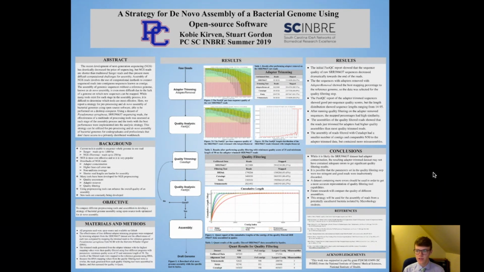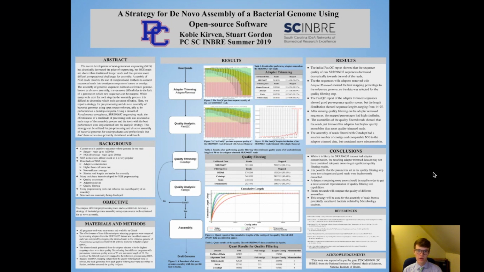So, the recent rise in next generation sequencing technology has led to a drastic decrease in the cost of whole genome sequencing. But this decrease in cost comes at a price, because there is an increase of errors through per base sequence quality, and also adapter contamination, which are short segments of sequences that are left over from the sequencing technology. Next generation sequencing also has shorter reads than traditional Sanger sequencing, and this can make